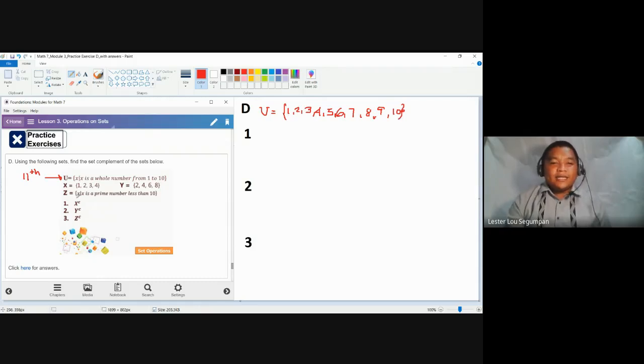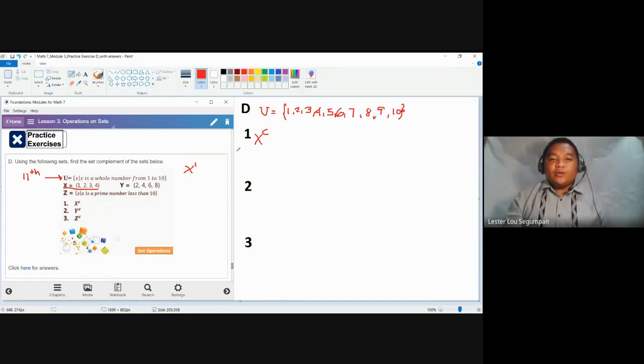Set X contains elements 1, 2, 3, and 4. The first task is to get the complement of X. By the way, we have two symbols for X complement. Other books will use X and an apostrophe, or X prime.